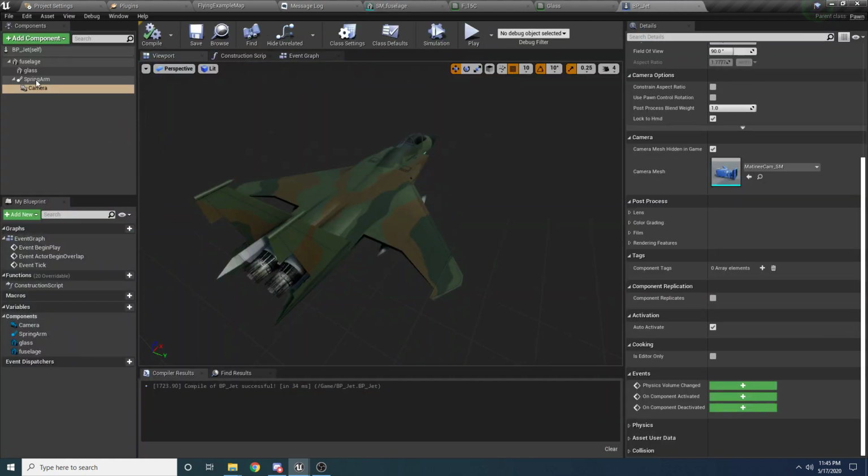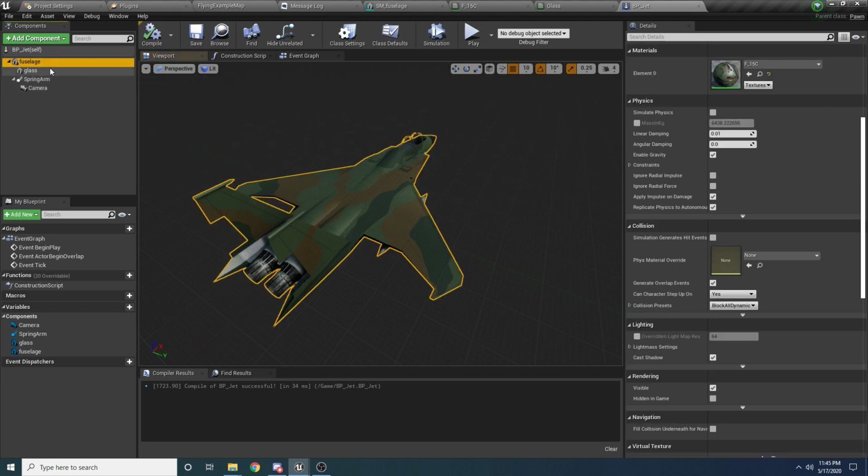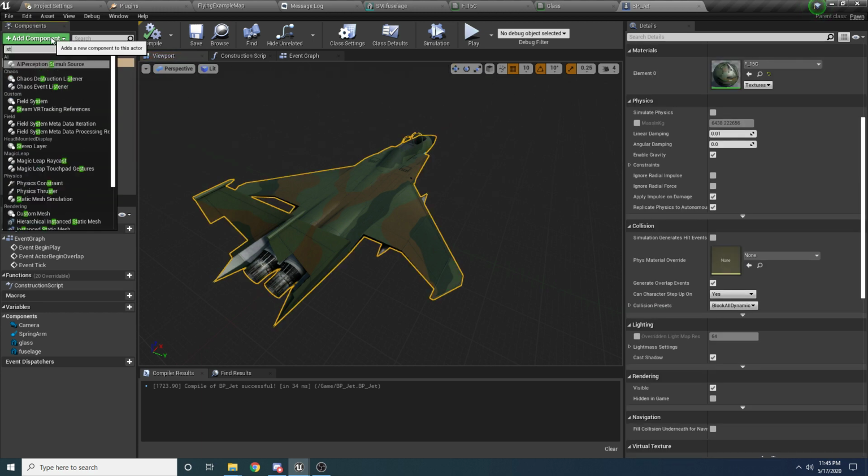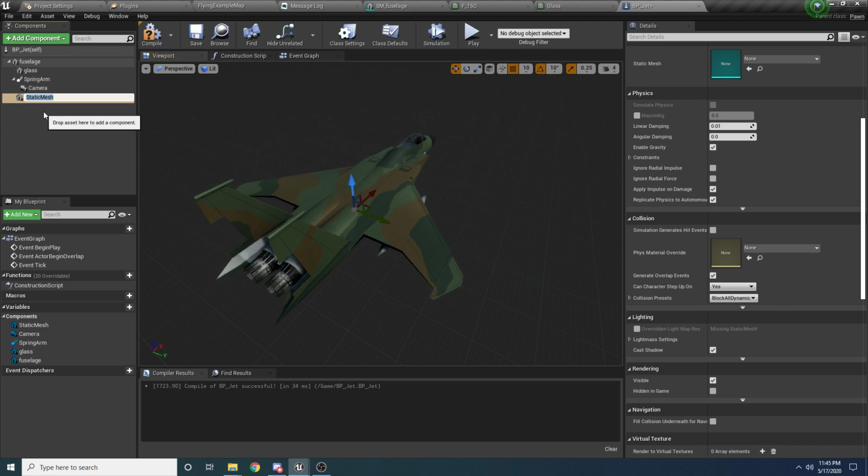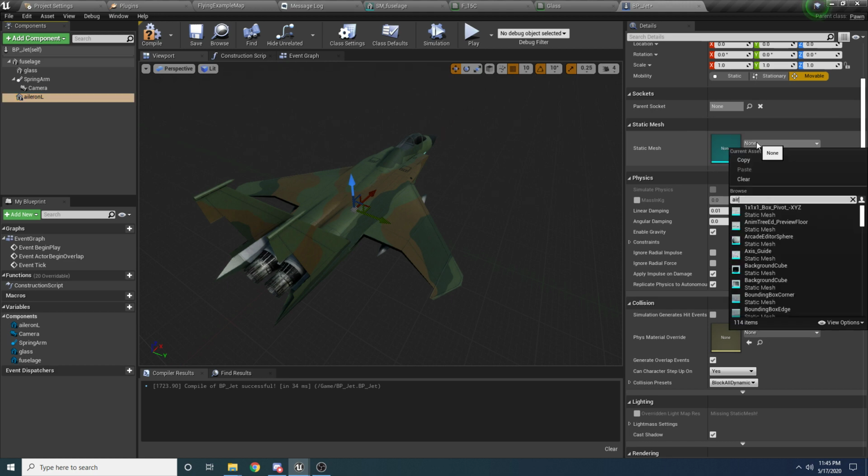So if we come back here, all we need to do is make sure you have the fuselage selected and hit add component. We want to add another static mesh. And we're going to be adding, I think, 8 of these total. The first ones, I believe you call them ailerons. I'm not 100% sure, but it's spelled A-I-L-E-R-O-N, and then I'm going to put L for left. So this is the left one. And then the static mesh, just simply search for that same thing,